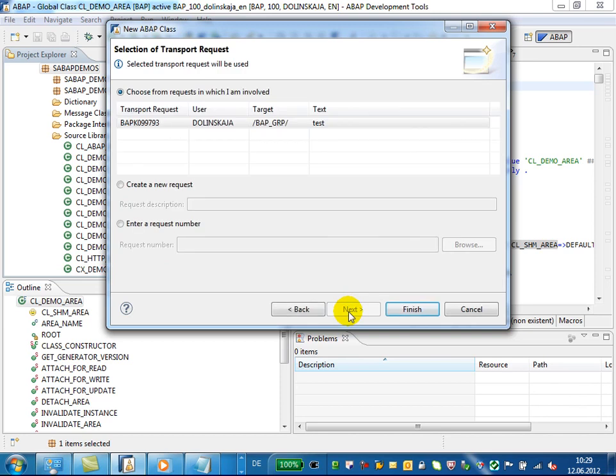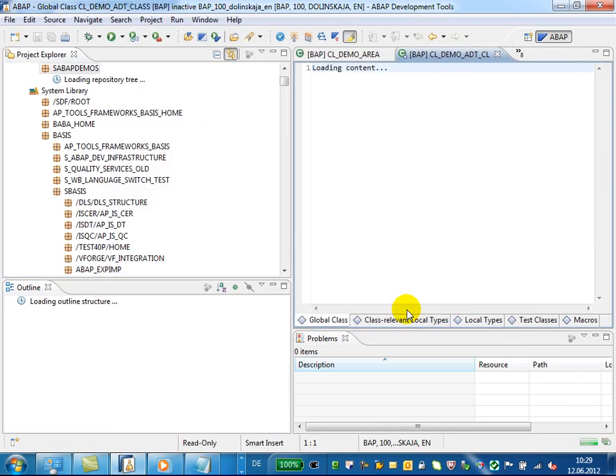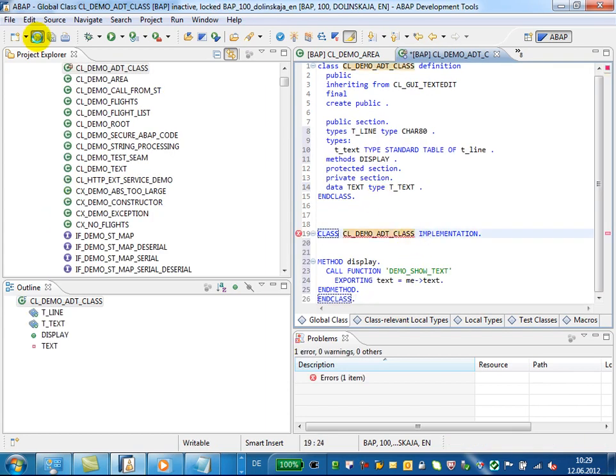Press Next button and on the next screen select the transport request. You can create a new request or choose directly from the request in which you are involved. Press Finish button and a new class was added to the package and the template for the class gets inserted into the editor. And now you can write the content for the class, correct the syntax errors,